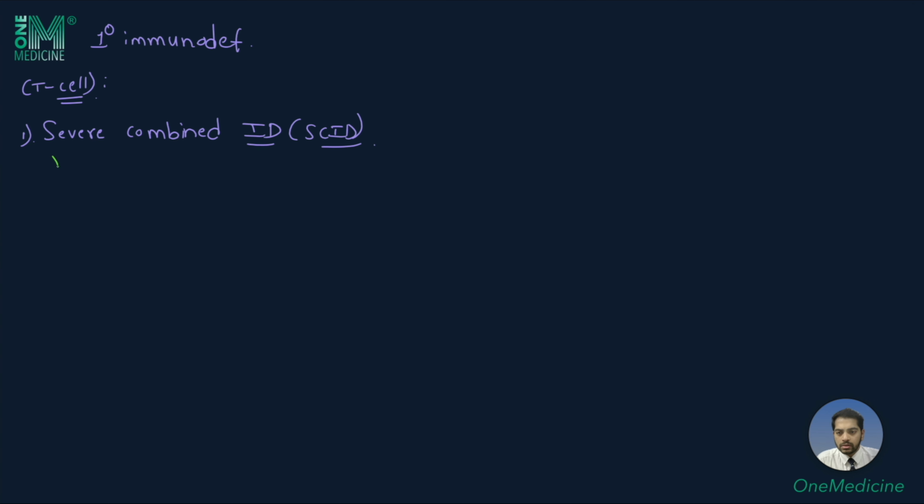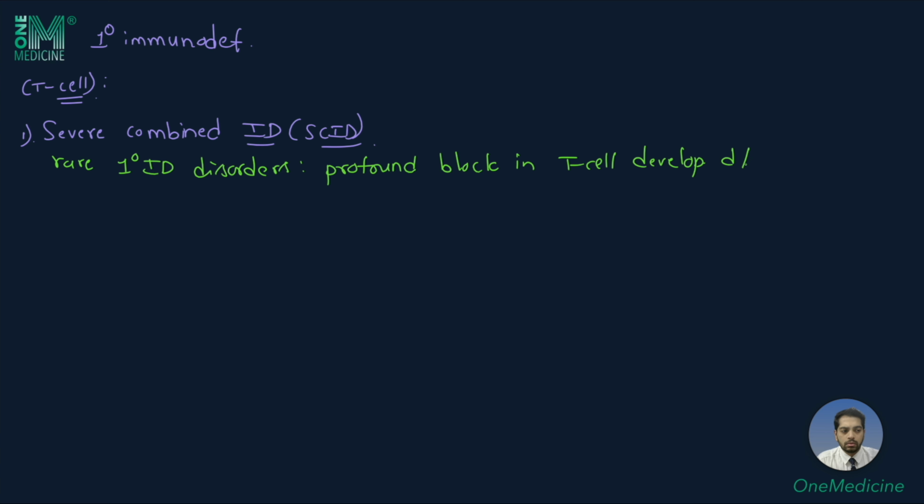Let's look at some of the important primary immunodeficiencies. In that, T cell immunodeficiency syndromes. The first one is severe combined immunodeficiency, or SCID written in short. This is a group of rare primary immunodeficiency disorders where there is profound block in T cell development due to